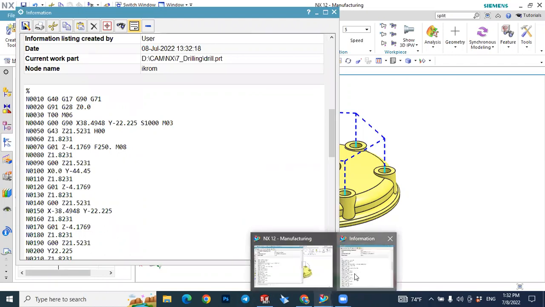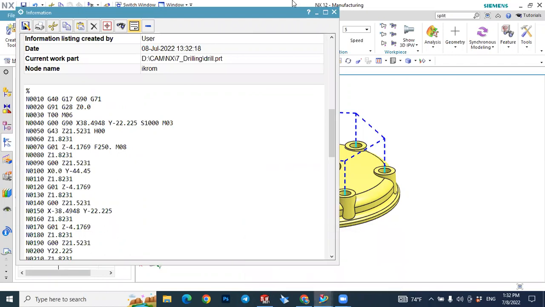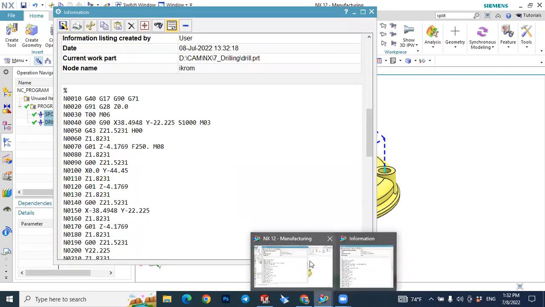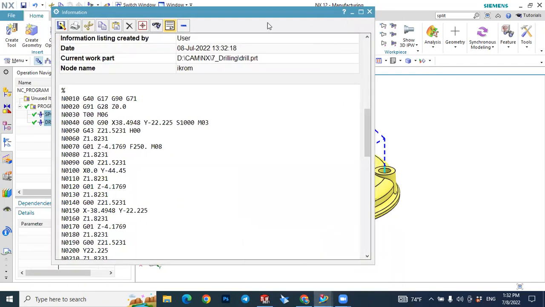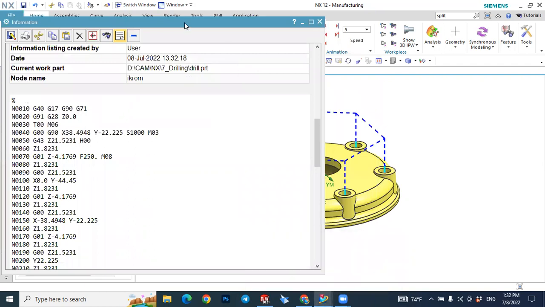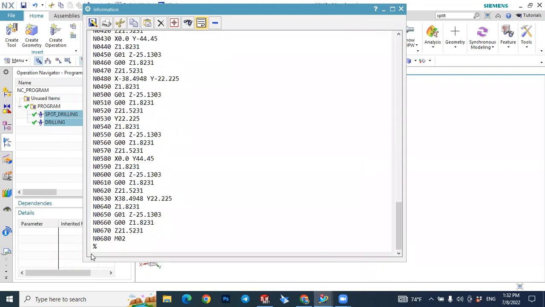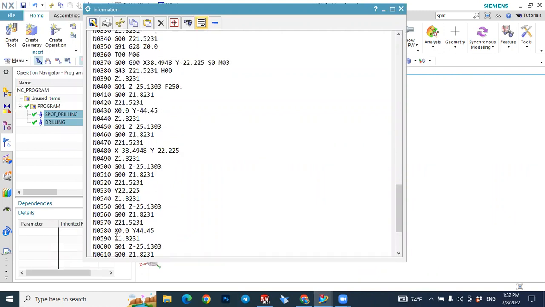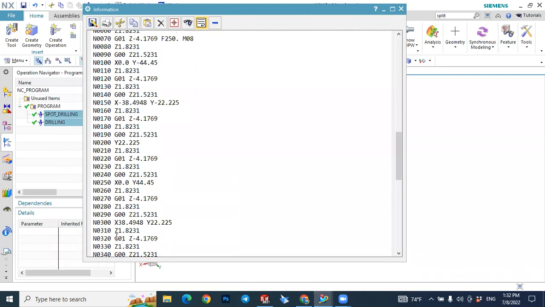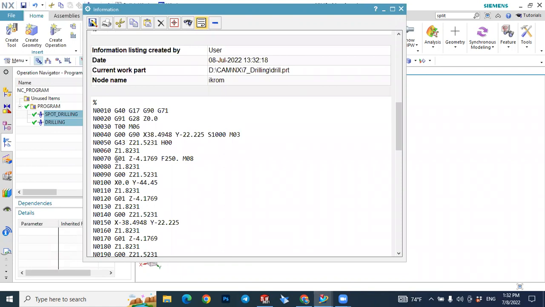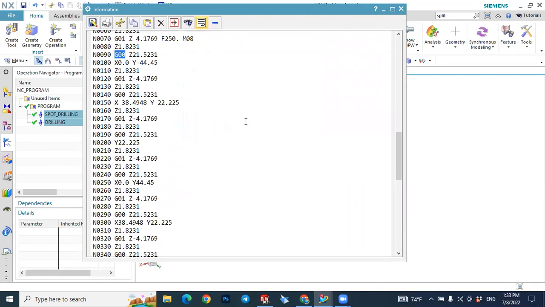Now I will open the previous one. Let me open this one in Notepad. Okay, if you look here, the code is longer. In here, there is no drill cycle. Only the single cycle with G01, and it makes the whole drilling with G00. There is no drill cycle used, since in the second step we used the single cycle, not the drill cycle. So there is a difference